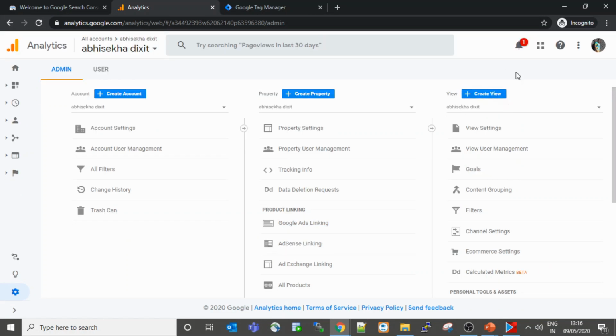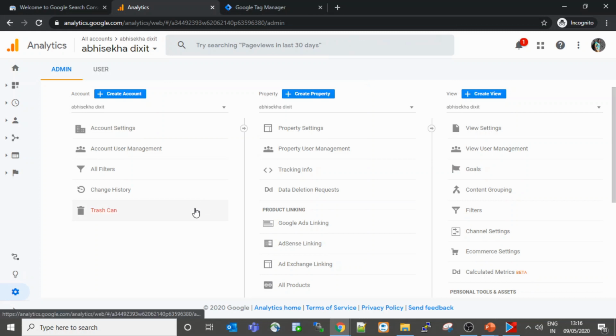Otherwise, if you are using Google Tag Manager, then also you require analytics to track the data, to have the data with you, how many users are coming, to track complete data of your website. But before that, if you don't have Google Tag Manager installed or implemented in your website, you have to implement this one.